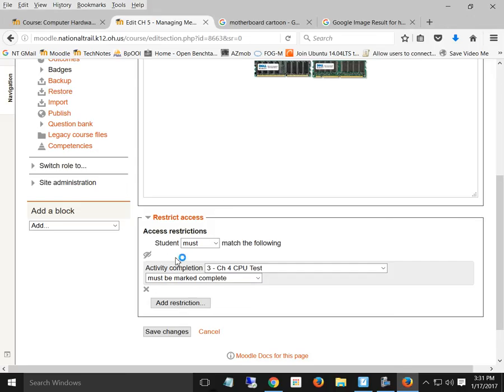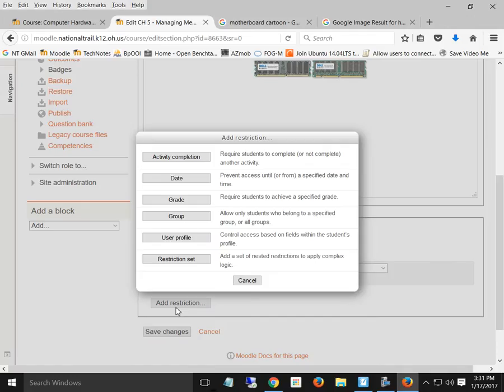So I'm going to say student must do the following. They have to complete the previous chapter's test. Because I poked it in the eye, it means it's hidden until otherwise. And I'm going to go ahead and hit Save Changes. And I could have multiple ones. I could say also